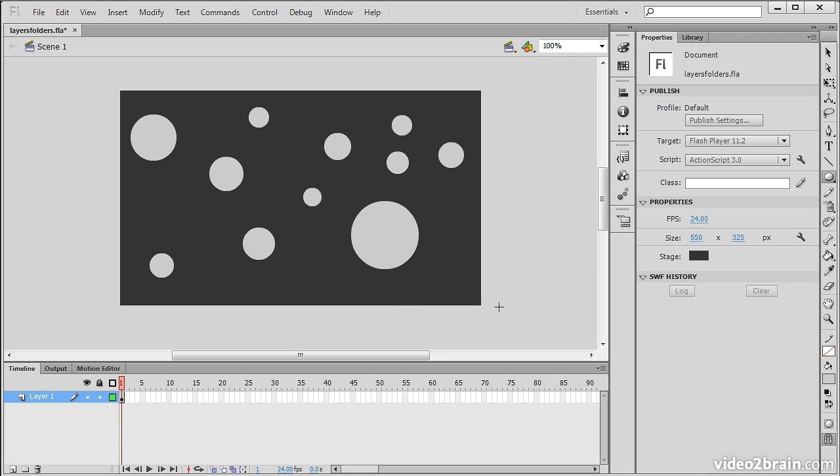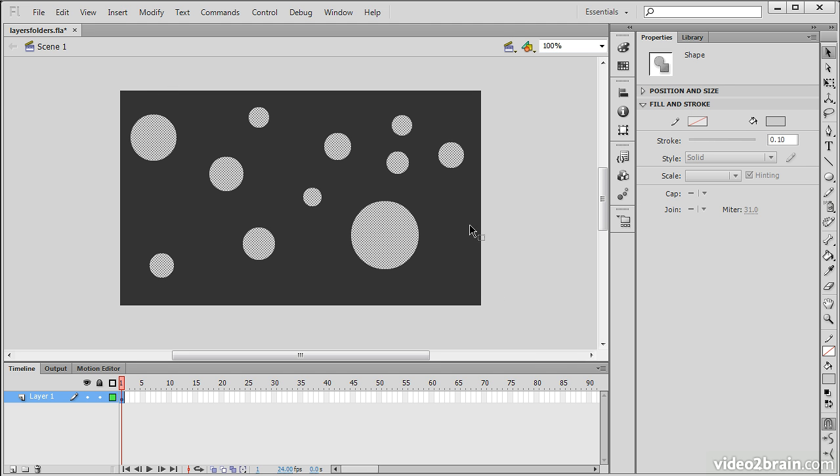So we'll hit yes. So here's a little trick to take all of these different objects and distribute them to their own separate layer. Why would you want to do this? When animating objects, you want each particular object to be isolated upon its own layer. So let's just use the selection tool to select all the objects, and then we'll go up to Modify,